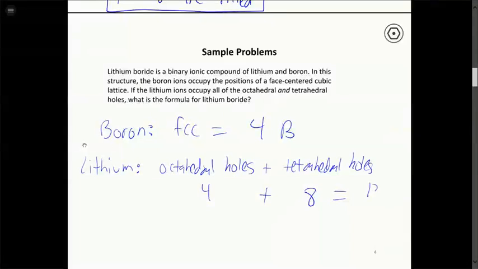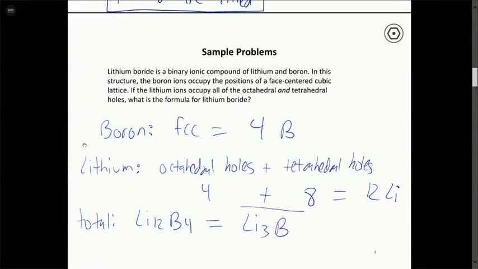So we're going to have a total of 12 lithiums. All right, so in total, our formula is Li12B4, which reduces down to Li3B. So the formula for lithium boride is Li3B, which means if we treat it as an ionic compound,